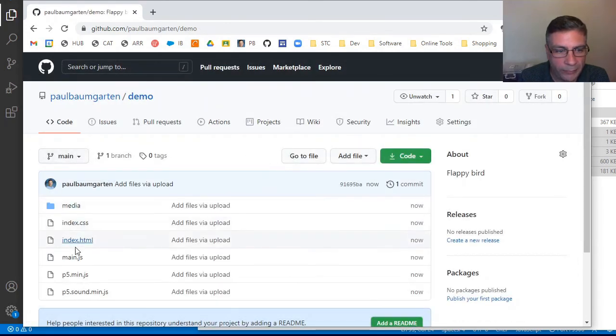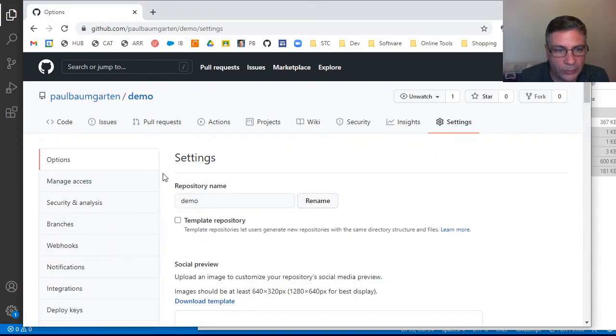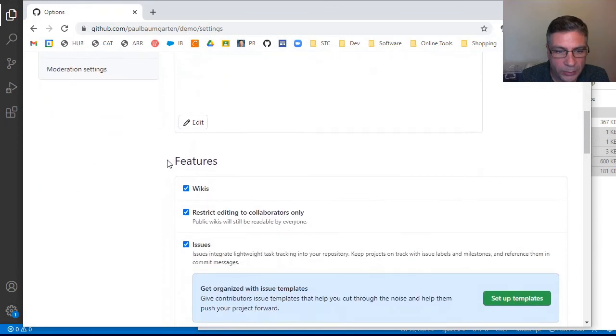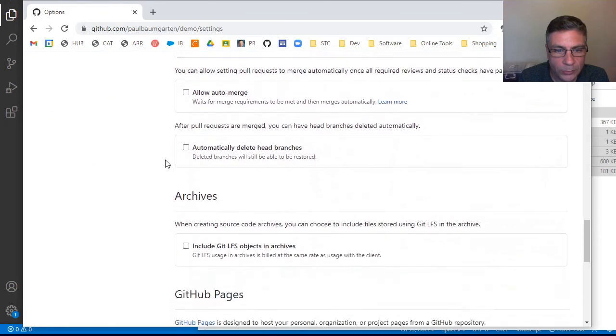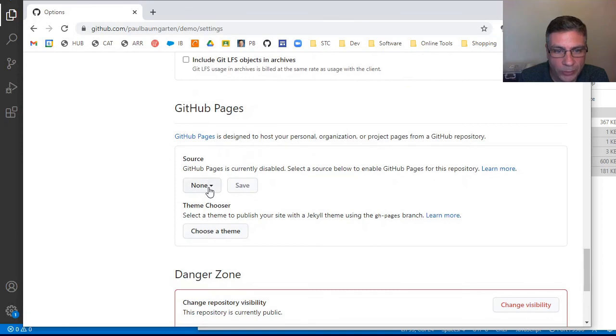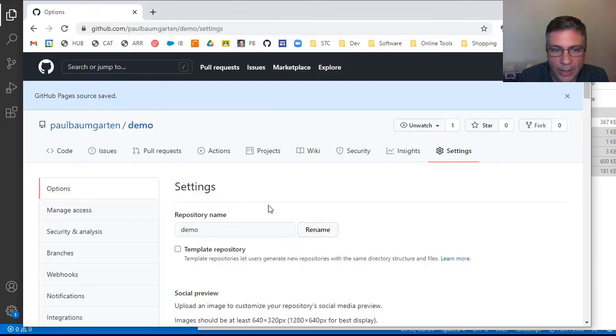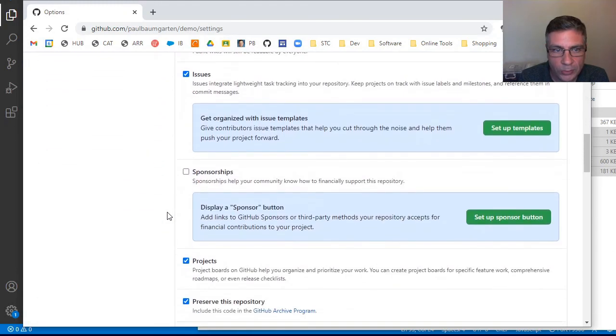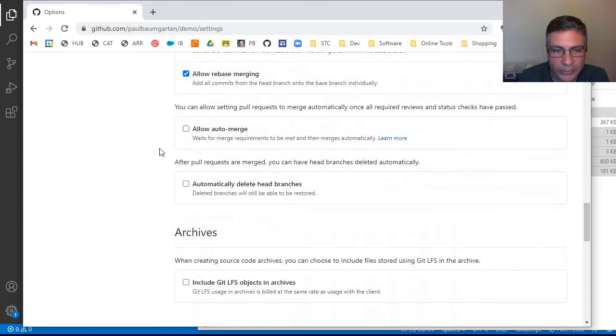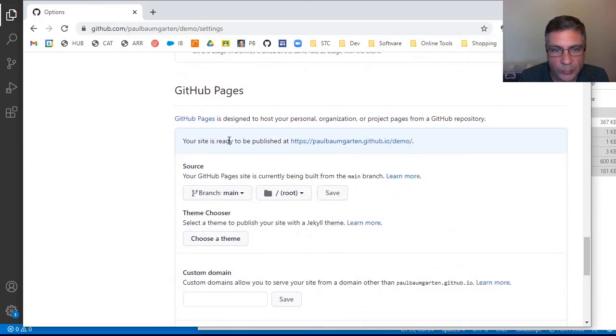And you see here I now have all my files here on my GitHub page. The final step is to go to settings and scroll down from the options tab, scroll down to GitHub pages, and you want to turn this on. So source, select main, and click save. And what this will do is turn your GitHub repository into a website address, and it says your site is ready to be published at here. So now if I just open this into a new tab,